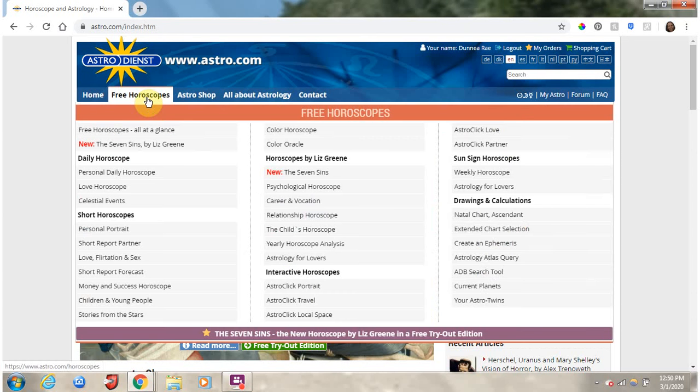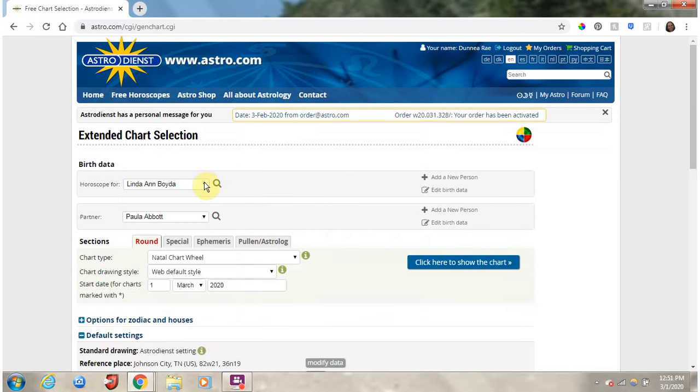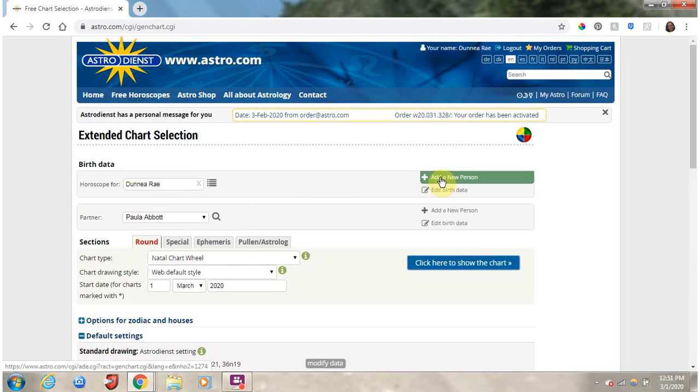Under free horoscopes, after you've registered, you can take a look at the drop-down menu, and over to the right, about halfway down in the third column, you will find Extended Chart Selection. Click on that. Let's take a look, get my chart up. Put my name in the box there. Now, if you've entered your birth data, I don't know if you have to click Add a New Person to enter your data, but once you've got your data in there, then you choose You, and then under Chart Type,